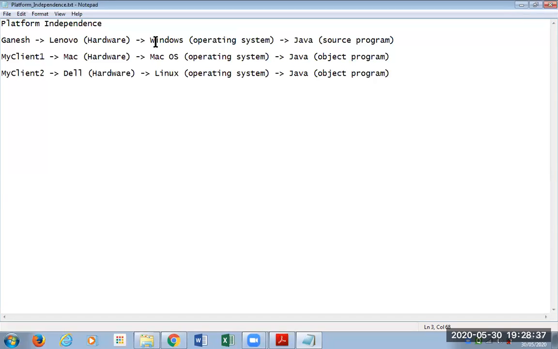On these mobile phones, there are different operating systems. On some there is Android, and there is a separate operating system for iPhones. On some mobile phones, the Windows operating system is available.